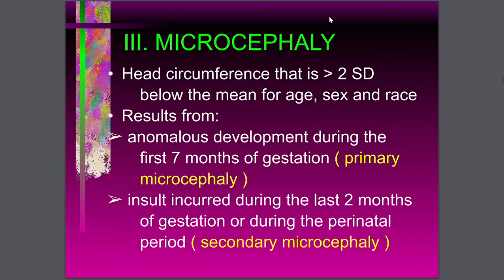Because of this intracranial bleeding, the patient will eventually develop a secondary microcephaly. Because of the bleed, there would be eventual brain death and scarring. If there is scarring, the brain would not develop, and thus the patient will end up with secondary microcephaly. So that is a very common example of secondary microcephaly. It happened during the perinatal period, so from the last 2 months of pregnancy until the perinatal period. When you say perinatal, it is until the delivery, the period of delivery. Next slide, please.